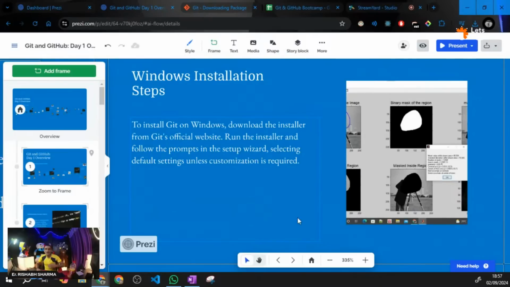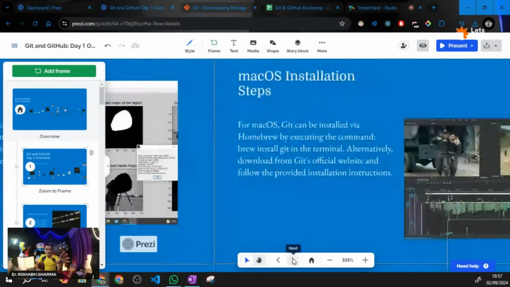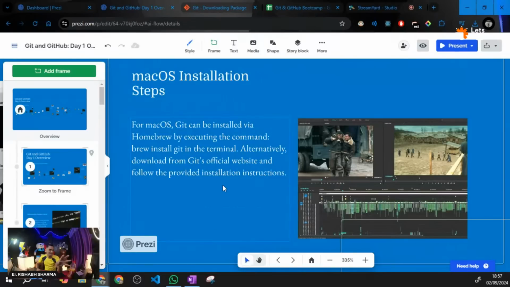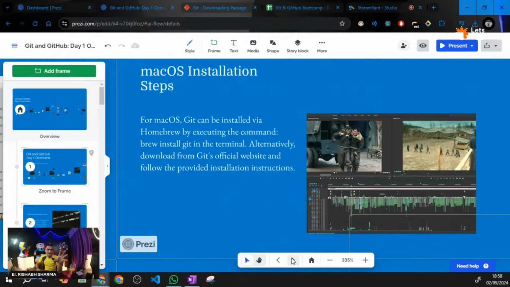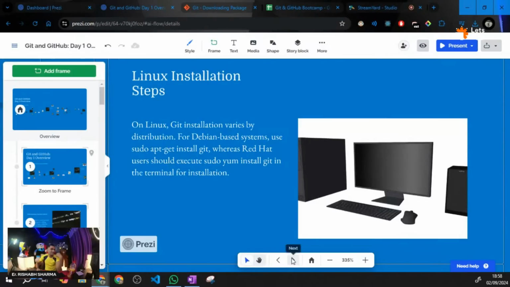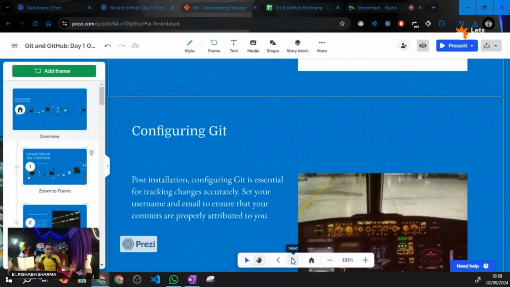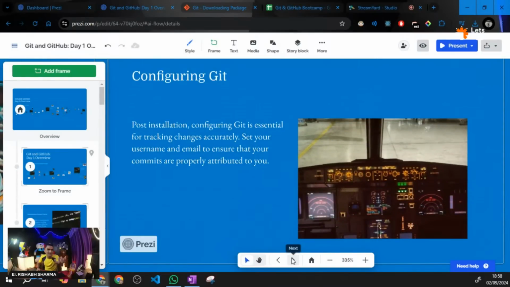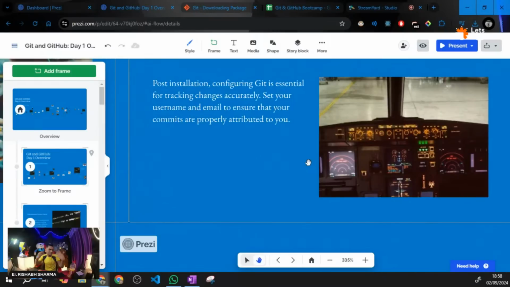So I have already given the steps for the Windows installer and the Mac OS installer. This I have already mentioned in this PPT. So when this PPT is shared with you, you can see this, okay? Or else you can Google for that, right? So I'm doing it on Mac. You can do it on whatever you are using. Yes, terminal is great for this.